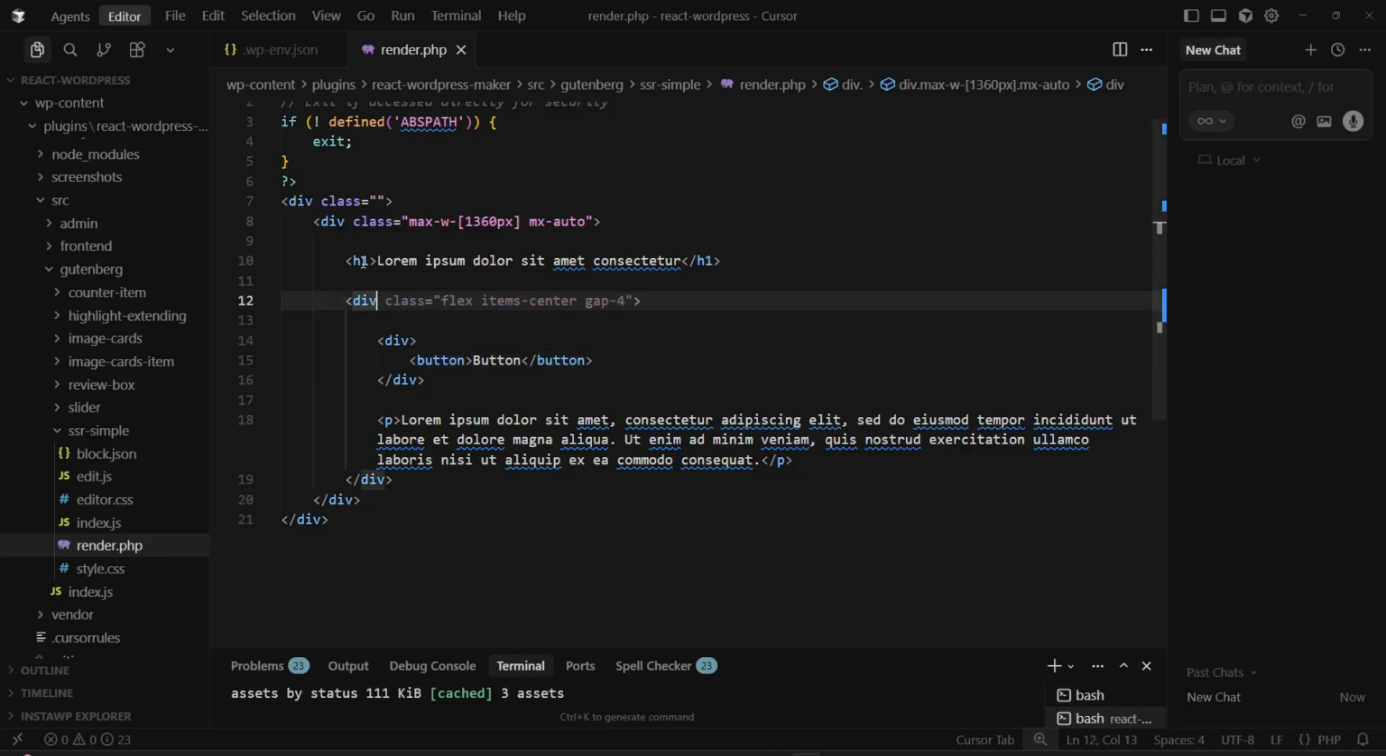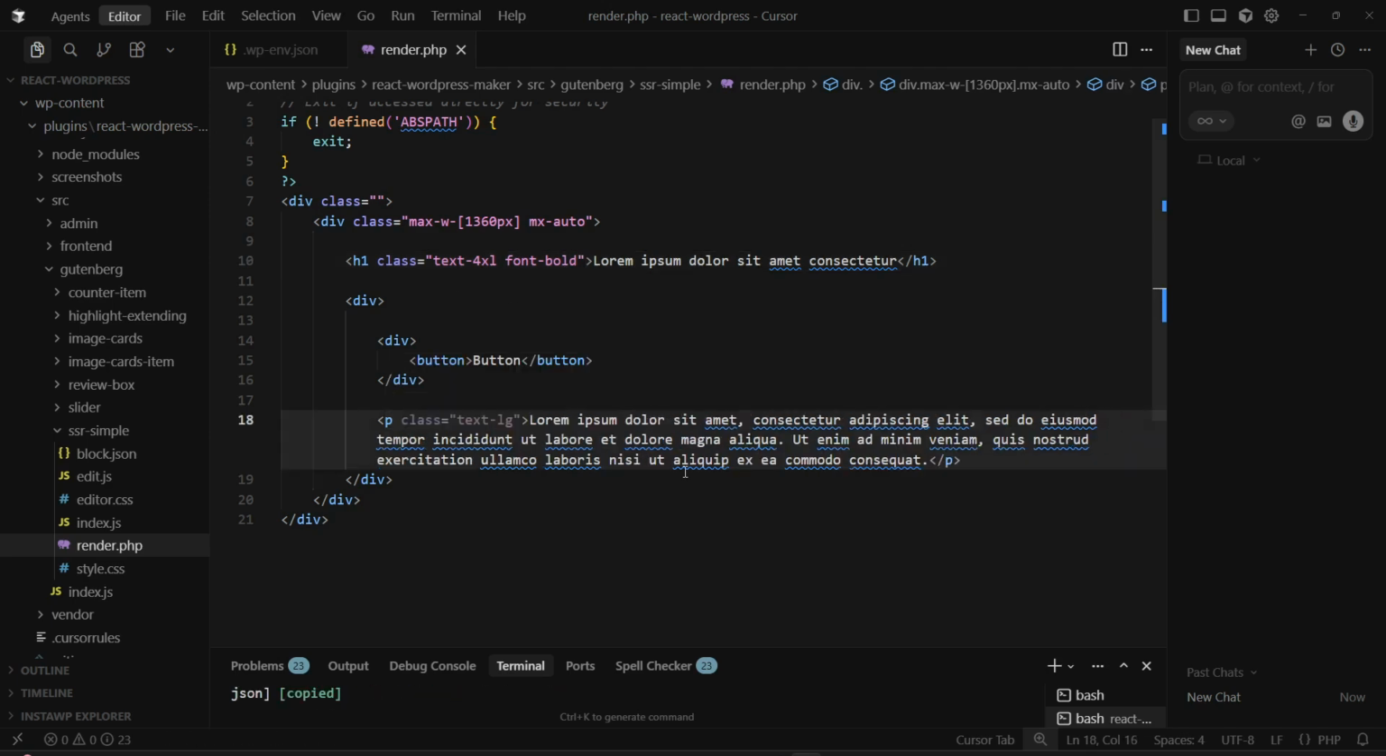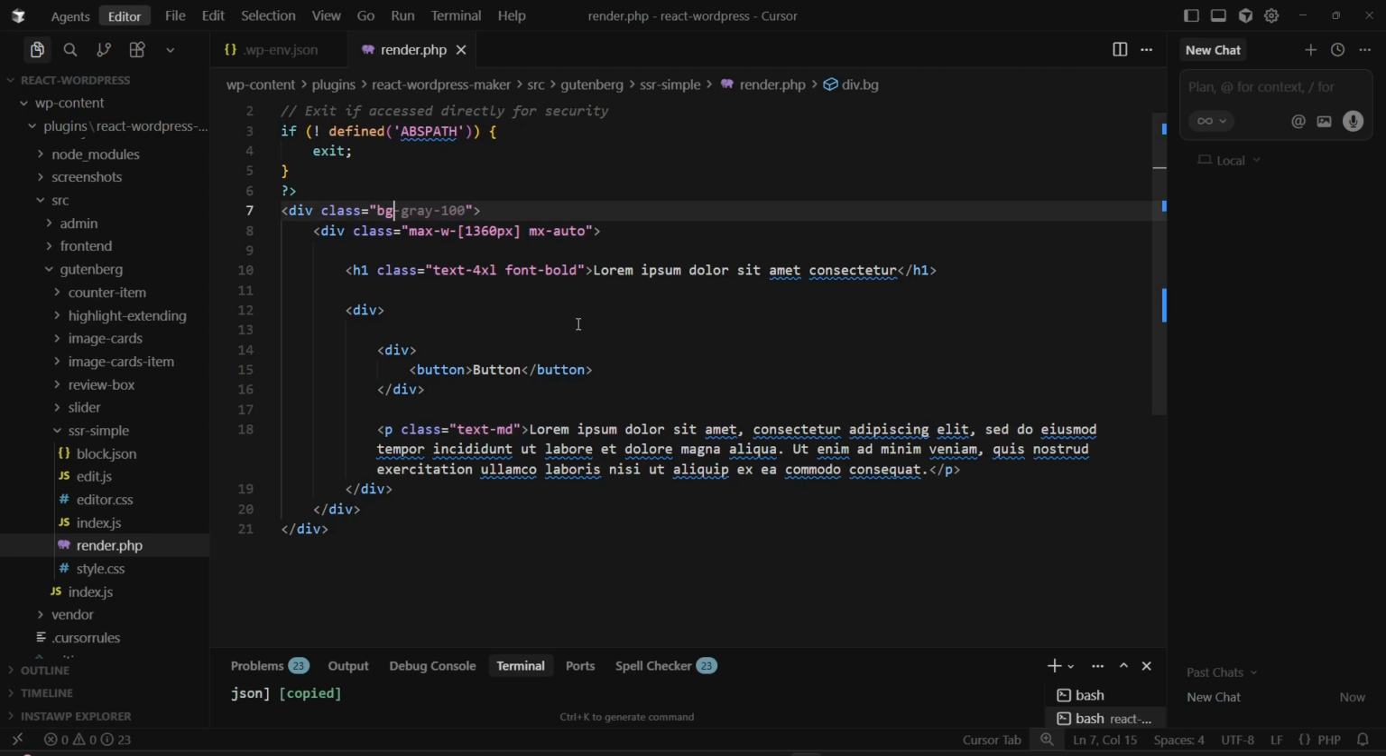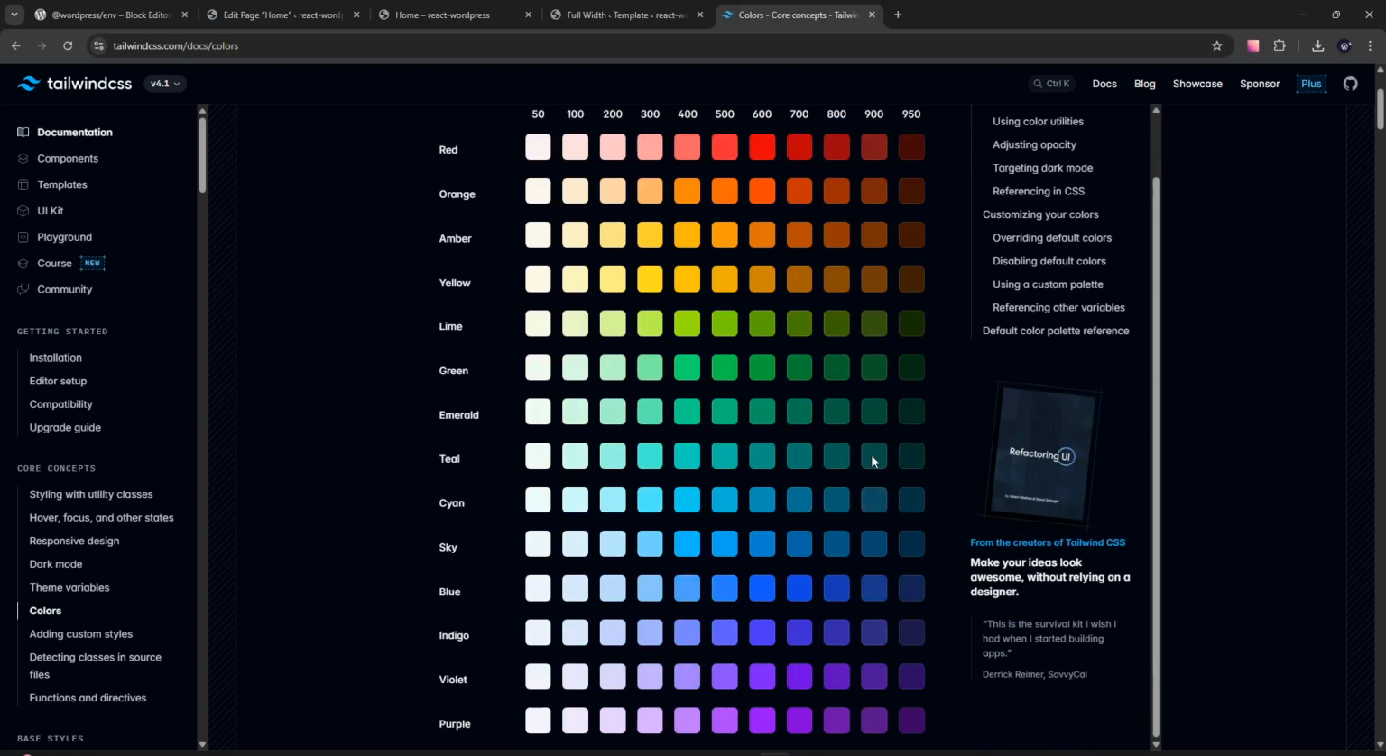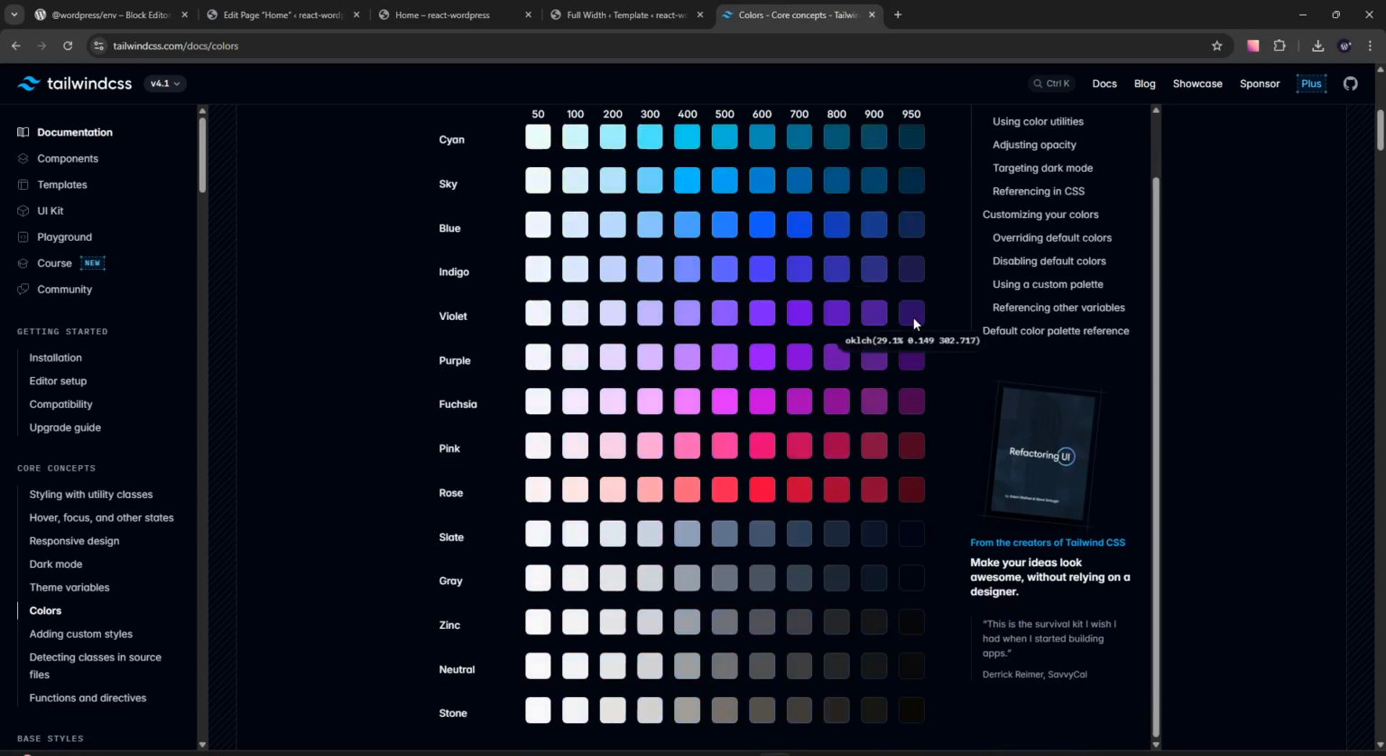So, and let's add some styling for this element. We have this heading. We need to make it LG, not, I think, MD. Maybe we need to add some background, gray 100. Let's see what colors we have. I think we can use gradient here. So let's make gradient from